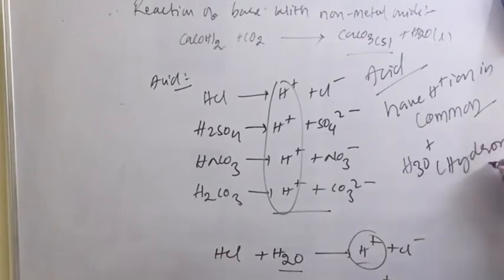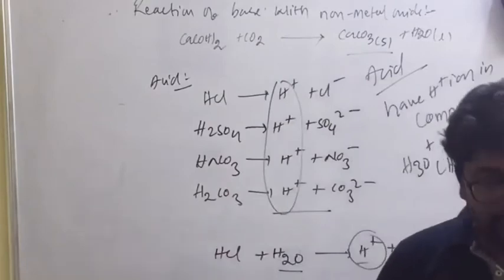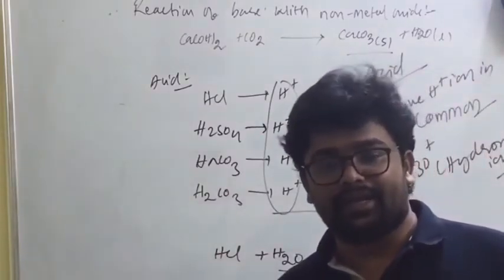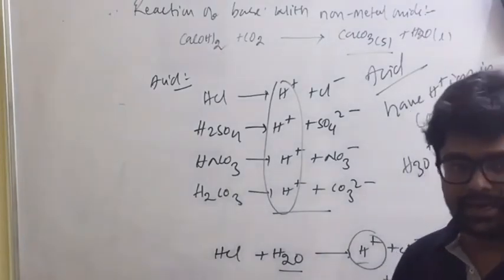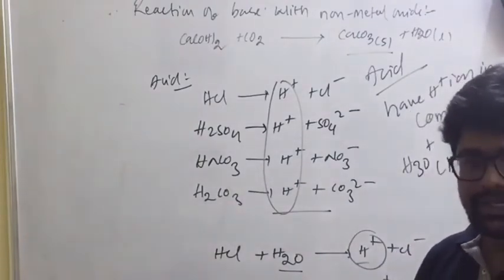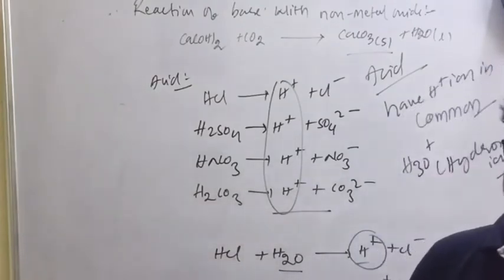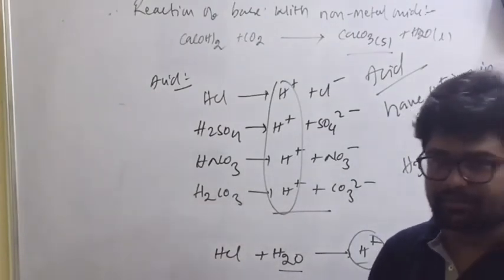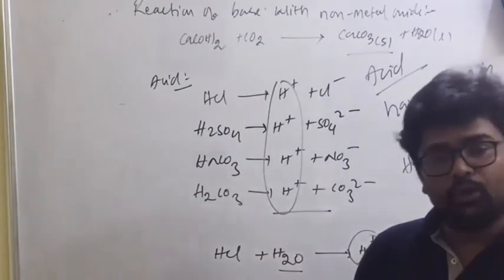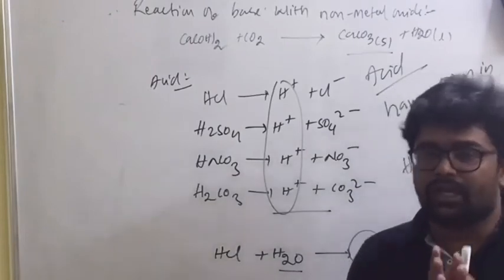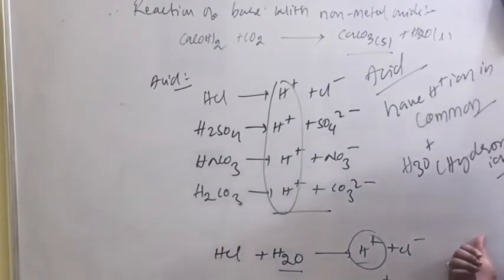Hydronium ion, right? Related to this you have two very important activities, activity 7 and 8. Activity 7 will tell you whether acids conduct electricity, and activity 8 says whether acids produce H plus ions in aqueous solution. Please go through those activities. So what do acids have in common? H plus ions. And when do these acids release H plus ions? In aqueous solution, and they are present as hydronium ion.